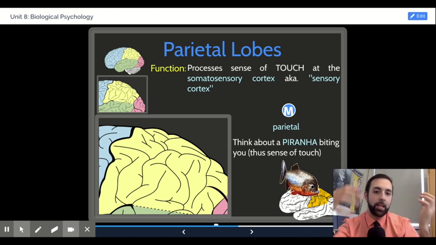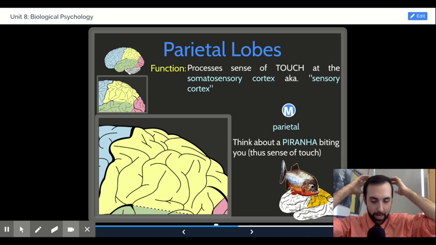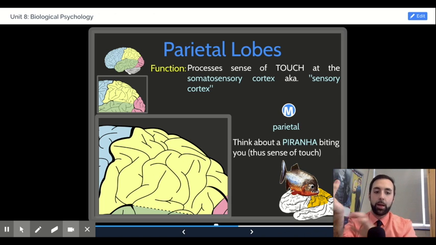You could theoretically have damage to the somatosensory cortex in the parietal lobe. And although somebody might be touching parts of your body, you might not be able to feel it, because that actual feeling, that sensation of being touched, is finally processed in the parietal lobe. The same way that damage to the occipital lobe could cause some type of visual impairment, even if your eyes themselves are functioning properly. So the key here is that the parietal lobe is where touch is processed, specifically because